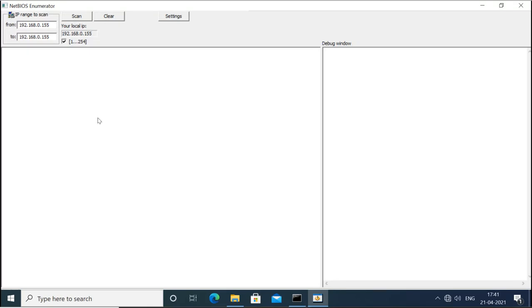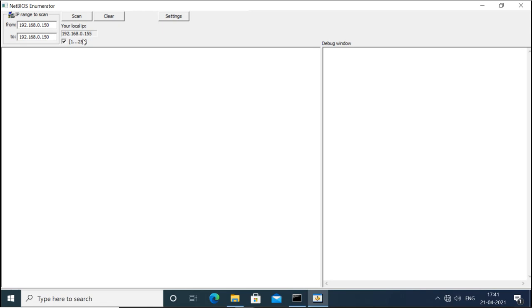Now this is NetBIOS Enumerator. You can give a range, and I want to do it only for one host, so I will give a single IP for both from and to.